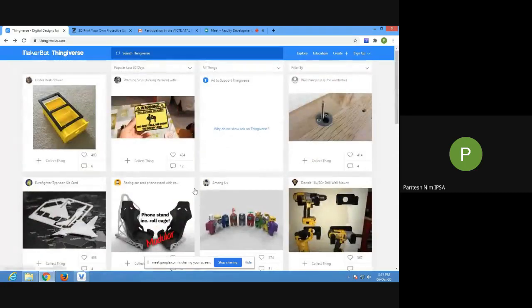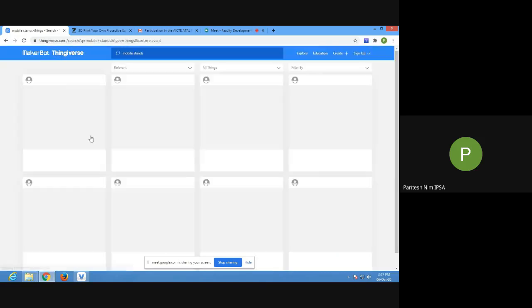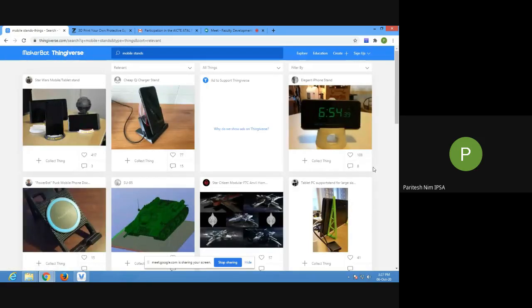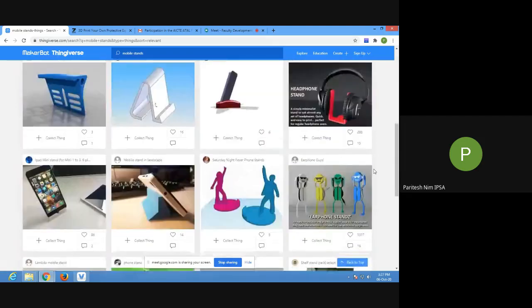You can also find some mobile cases and mobile stands here. You can search here for mobile stands. So there are some mobile stands.